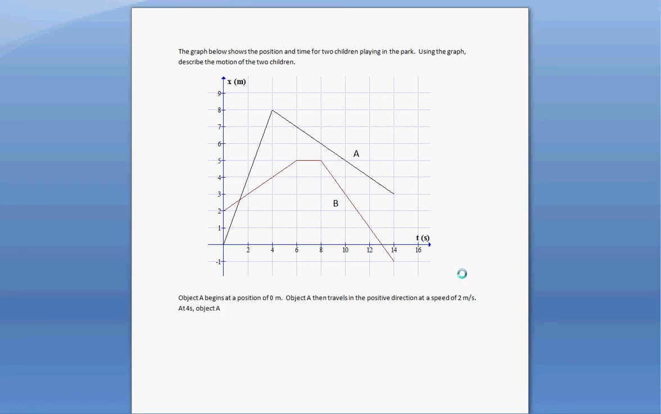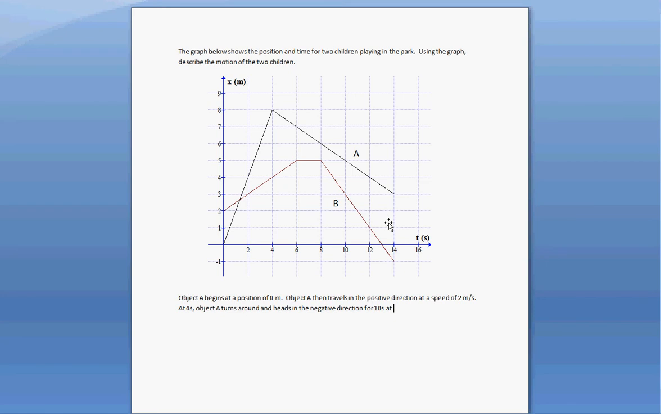At 4 seconds, it looks like object A is now going to go in the negative direction, so we'll say object A turns around and heads in the negative direction for, well, let's see, 4 seconds to 14 seconds, so that's 10 seconds of time. For 10 seconds